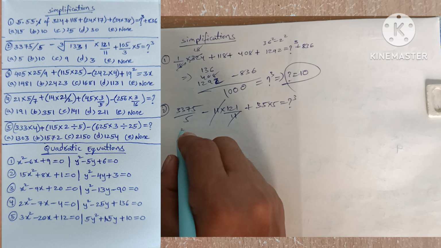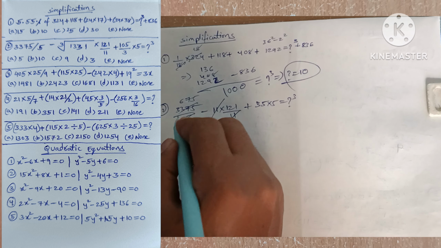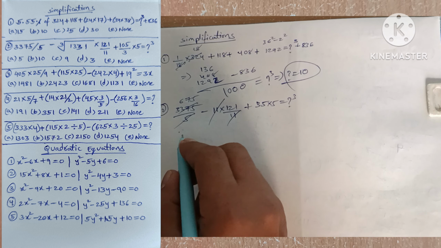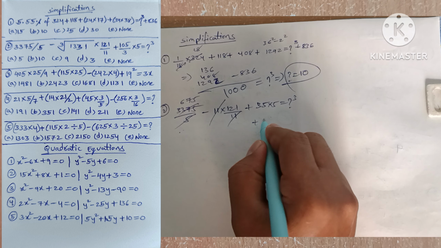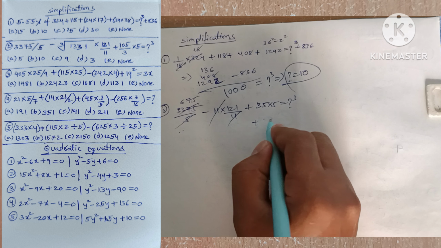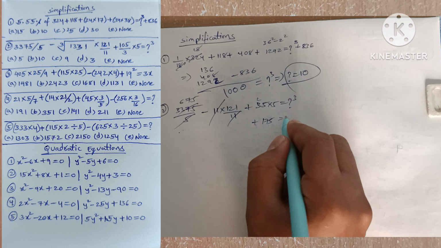This is 675 minus 121 plus this is 5 5 is 25, 5 3 is 15, 175 equals to question mark